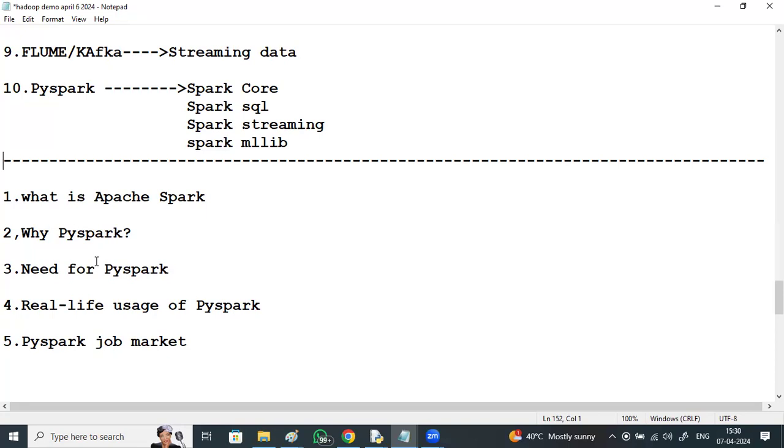We are going to perform in-memory computation here. In-memory computation means storing within the memory level and processing within the memory level, which has very high speed compared with other things. I was saying Hadoop has high speed, but we see PySpark is 100 times faster as compared to that. Yes, in-memory computation. So, Apache Spark.